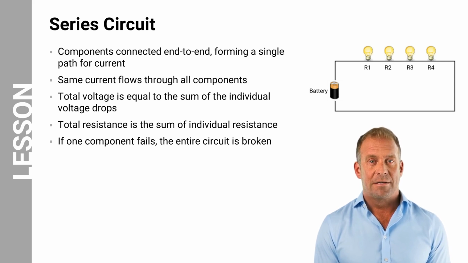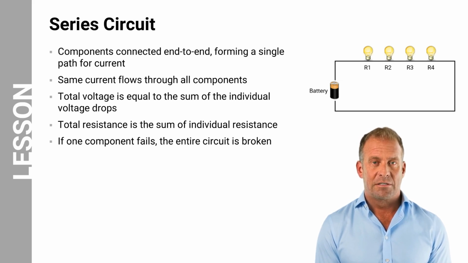The current remains constant throughout the circuit, flowing equally through each component. The total current can be calculated by dividing the total voltage by the total resistance. The total voltage in a series circuit is equal to the sum of the individual voltage drops. Similarly, the total resistance of a series circuit is the sum of all individual component resistances. Alternatively, using Ohm's law, the total resistance can be calculated as total resistance, R equals total voltage V divided by